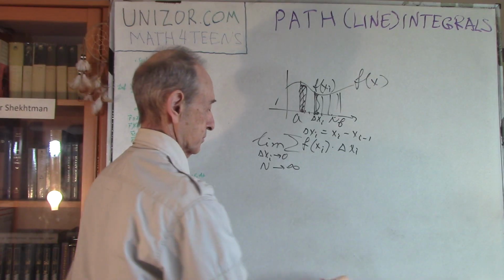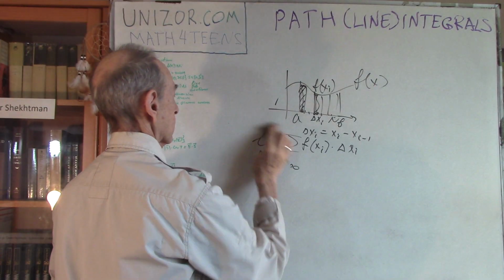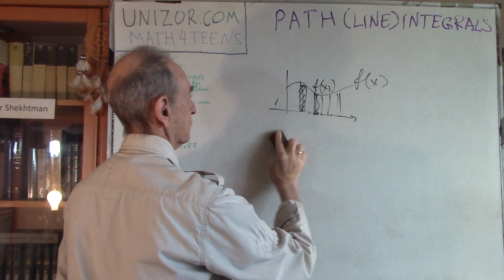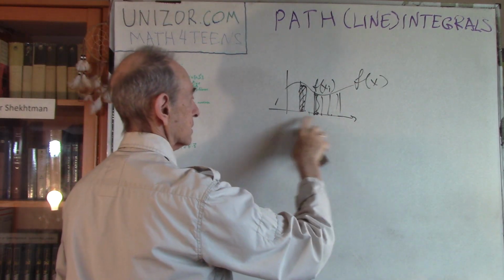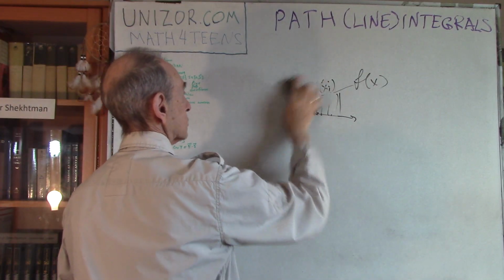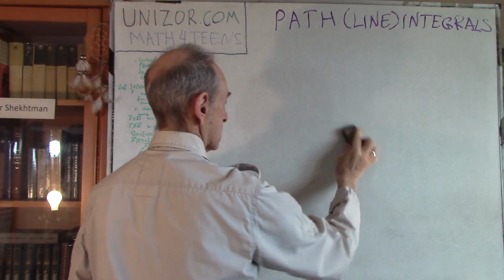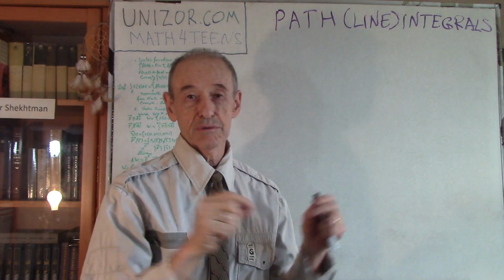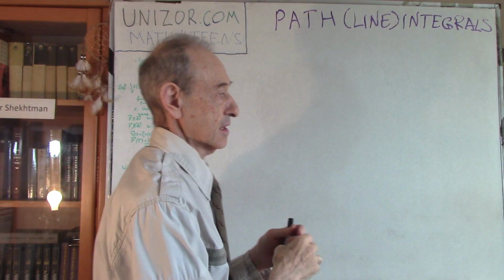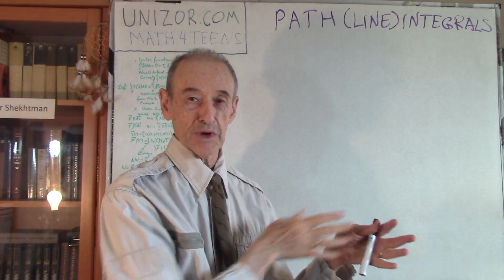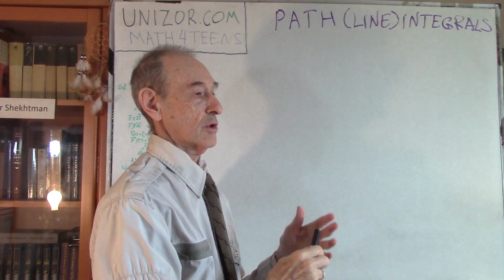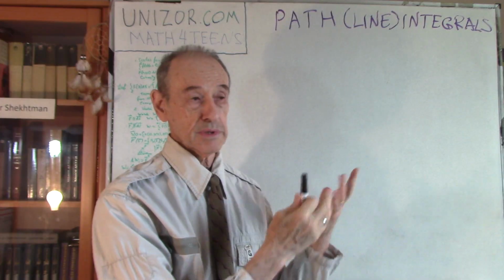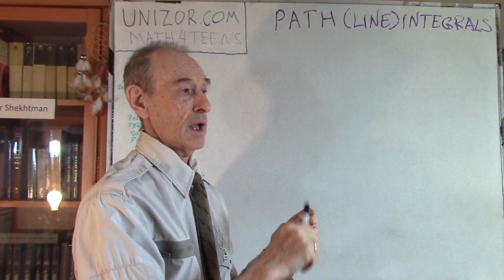and regular real interval. Now what I would like to do is to introduce an integral of functions defined not on a straight interval from a to b, but on some kind of a curve in space. Well, obviously if it's a curve it cannot be one-dimensional, so you need at least two dimensions to have a real curve. So I will explain it on 2 or 3, maybe 3 dimensions would be even better,